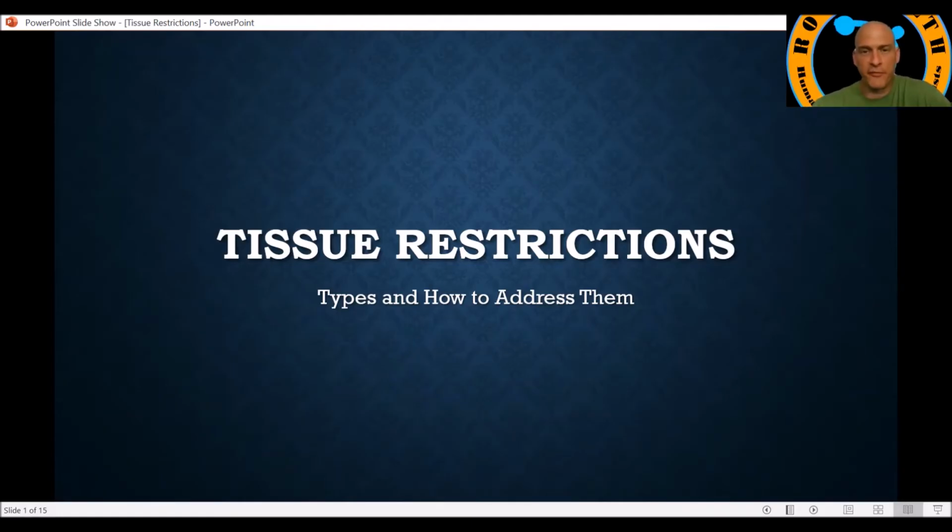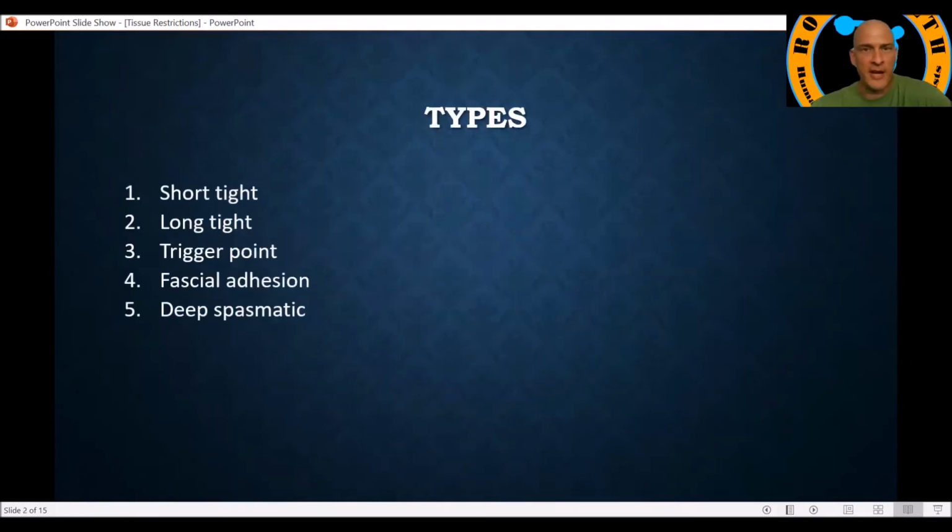This is Jason Root from Root Health, and today's presentation is tissue restrictions, the types, and how to address them. There are 5 types of tissue restrictions that we look at. There are short and tight muscles, long and tight muscles, trigger points in the muscles, fascial adhesions, and deep spasmodic